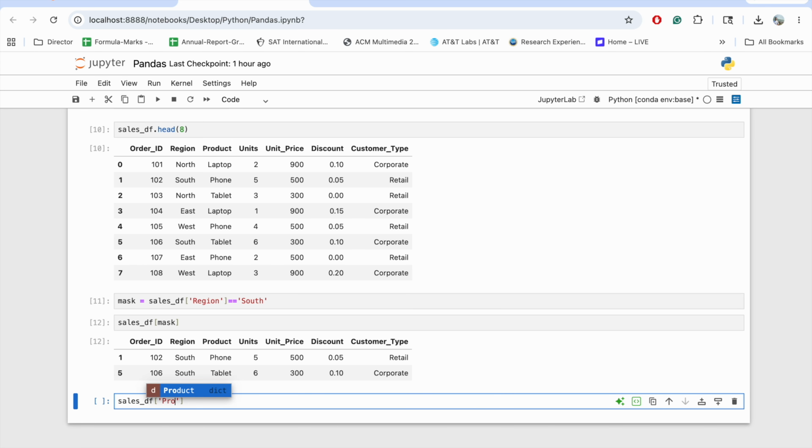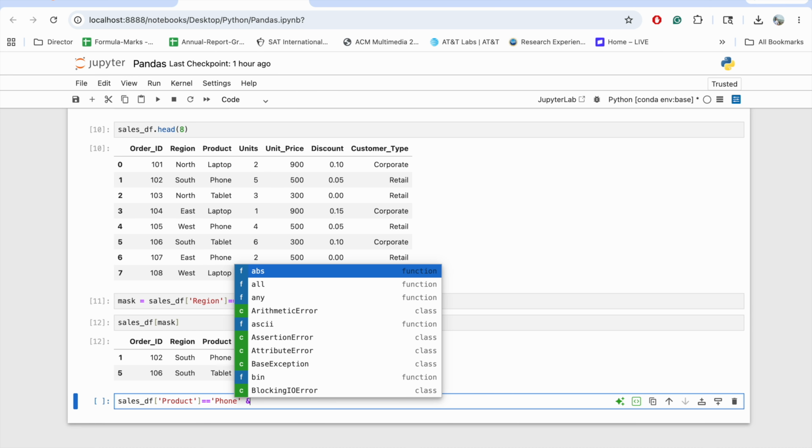That is where product is equal to phone. All right, and that's the and sign we use in Python. So let's assume you are working in another language. I think in other languages you have to use two and symbols. In Python we can use only one and symbol, and